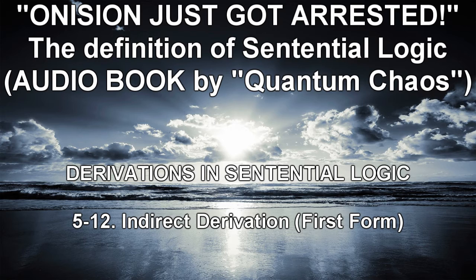System Rule 7. A show rule. Indirect derivation, first form. If one has a show line of the form ~A, then if one has ⊥ as a later available line, and there are no subsequent uncancelled show lines, then one is entitled to cancel ~A and box off all subsequent lines. The annotation is ID. System Rule 8. An assumption rule. If one has a show line of the form ~A, then one is entitled to write down the unnegated formula A on the very next line, as an assumption. The annotation is AS. As with earlier rules, we offer a pictorial abbreviation of indirect derivation as follows. Indirect derivation, first form, ID AS.